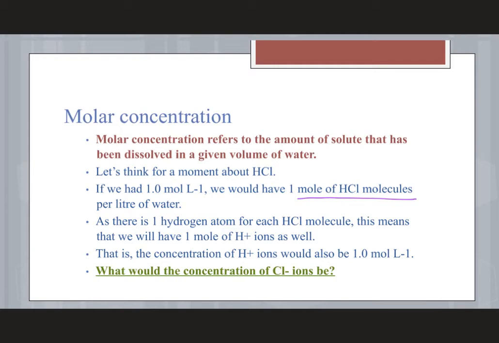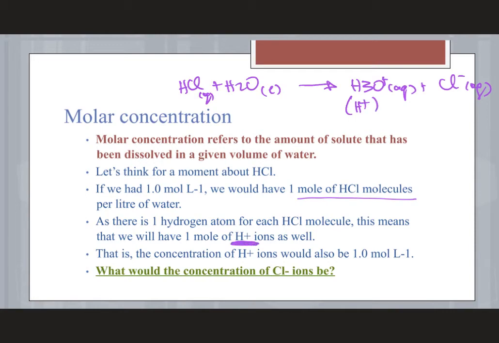But we also know that HCl ionizes in solution, so HCl plus water is going to give us H3O+ or H+ and Cl- ions. So it's not actually going to be in molecules. We would have 1 mole of H+ ions as well as 1 mole of chloride ions. So we can refer to the concentration in terms of hydrogen ions as being 1 molar. And in this case, because it's a 1:1, we would also have a 1 mole per litre concentration of